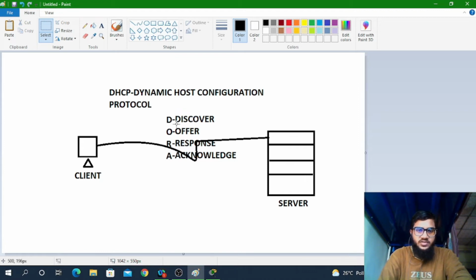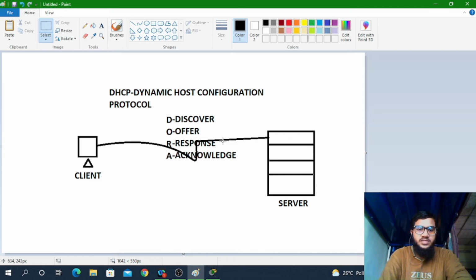First a discover message goes to the server. The client will discover where the DHCP server is, then the server will respond and offer the client a particular IP address. Mainly it provides the IP address to the systems. I have these IP addresses, and if you want, I am offering you one.